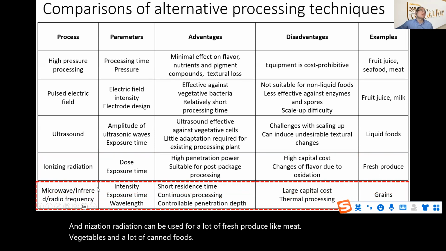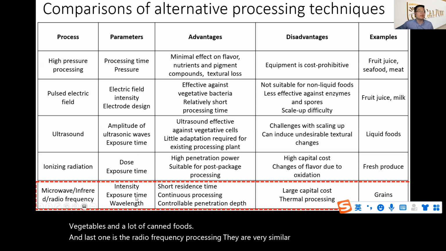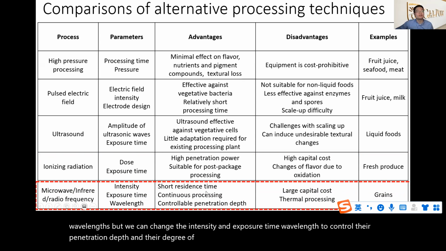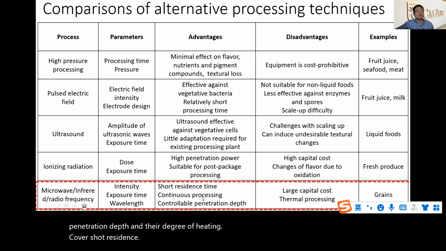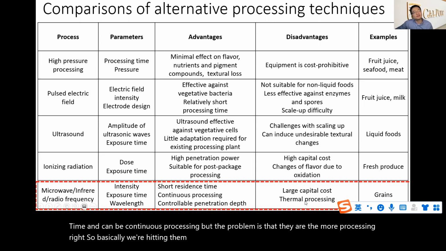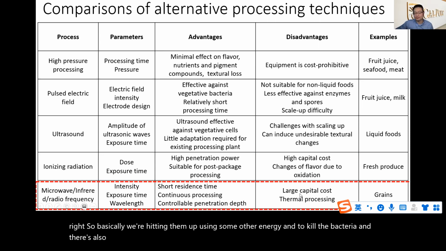And the last one is the microwave, infrared, radio frequency processing. They are very similar. They use long wavelengths, but we can change the intensity and exposure time to control their penetration depth and their degree of heating. They require very short residence time and can be continuous processing. But the problem is that they are thermal processing, right? So basically we're heating the food up using some other energy to kill the bacteria. And there's also